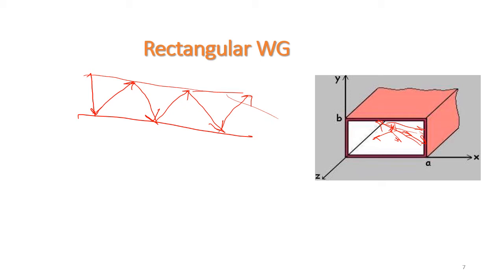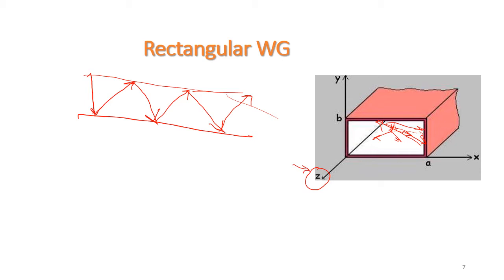And this movement of a signal is called the propagation of the signal inside the waveguide. This propagation will take place along the length of the waveguide. The signal will get reflected and propagate through the length of the waveguide. So the length of a waveguide is along which axis? It is along the z-axis. So we can say that the signal will propagate along the z-axis.